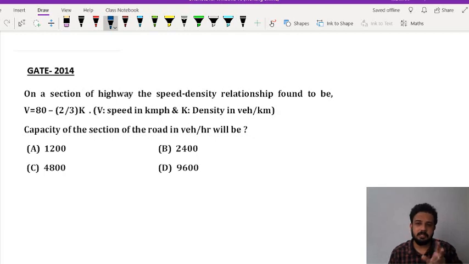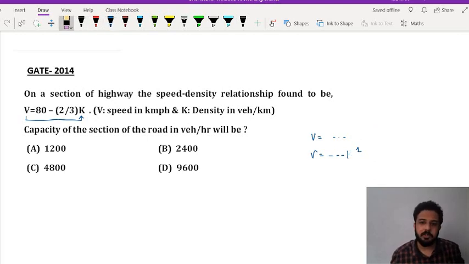Whenever they are giving some speed density relationship, if they are asking what is the capacity of the section, they simply mean what is the value of Q max. So whenever they are giving some relationships, don't get confused and don't skip the question. See, V is related to K linearly. If I say V is equal to some constant into K square, it is a non-linear relationship. Whenever V is equal to something times K, it is a linear relationship. K raised to 1 means linear, K square means non-linear.